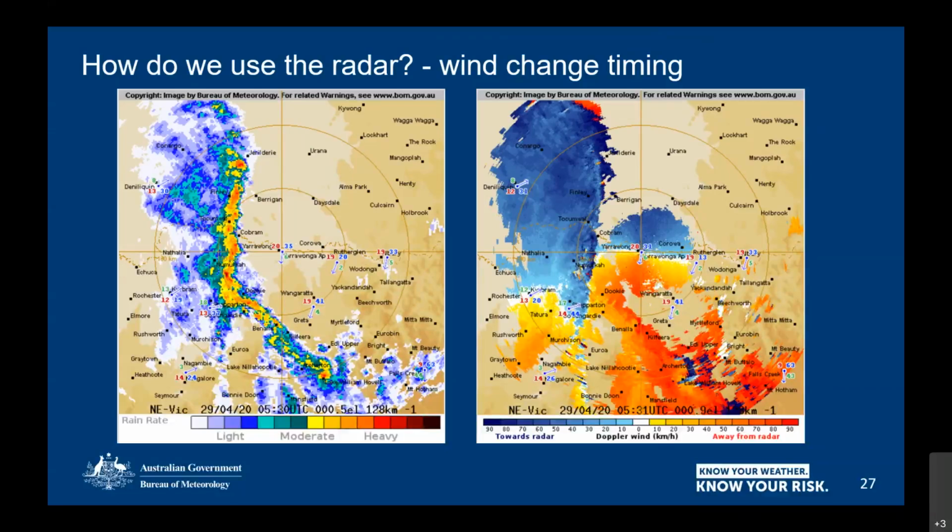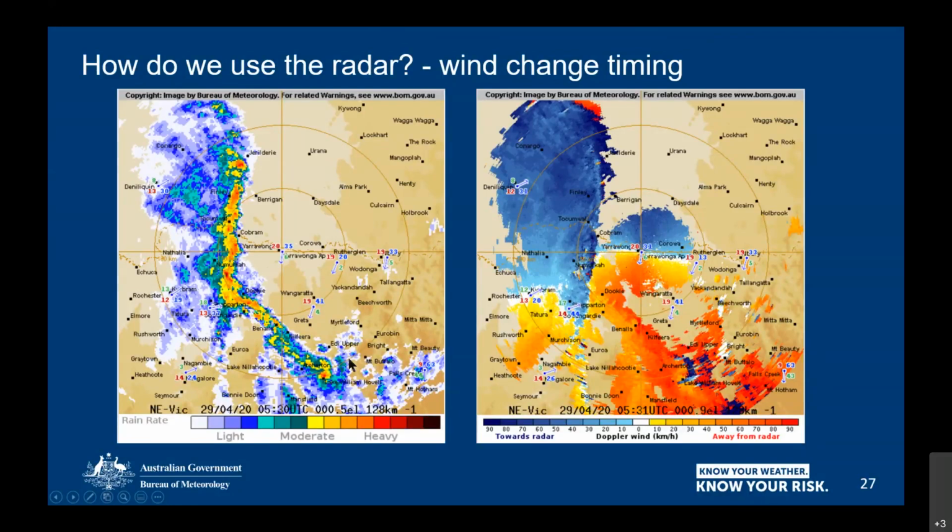And this is our northeast Victoria radar up at Yarrawonga. I've got the observations overlaid on these images, which I always like to do, and I'd encourage you to do the same. If you look at the image on the left, the reflectivity, you can see ahead of, or to the east of, this precipitation, all of these winds are pretty much northerly winds. We can tell that from these wind vectors here. These ones are a little harder to see under the rain, but behind this band of rain, we've got southwesterlies or westerlies through here.